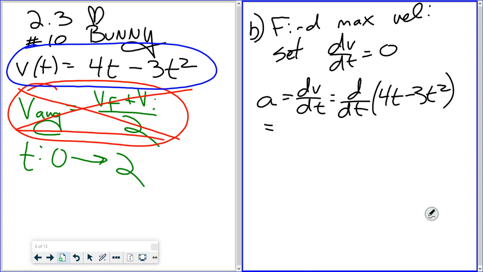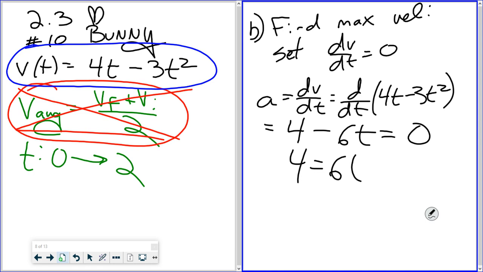All right, everybody good? All right, so what's the derivative of 4t, you guys? 4. What's the derivative of 3t squared? 6t. All right, so there's my acceleration. I'm going to now set it equal to 0. Oh, that means 4 equals 6t. Oh, that means t is 4/6, which is 2/3, which is 0.6 repeating